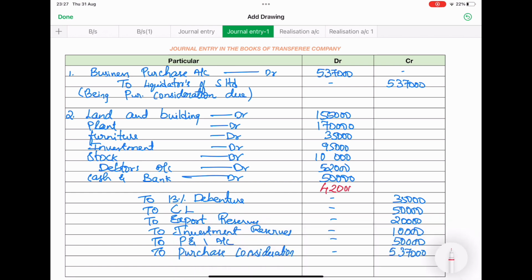So this will be transferred to general reserves account. So we are going to consider this as a capital loss. So we are having capital loss account. So this loss will be transferred to